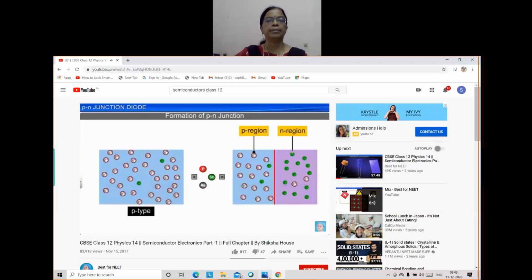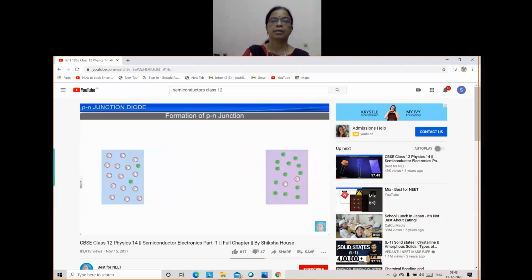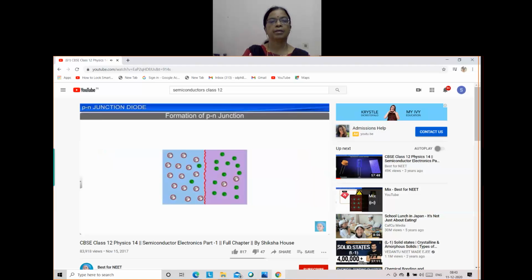Region. The boundary that separates the p region in the semiconductor from the n region is called the p-n junction. It is important to note that a p-n junction cannot be formed by joining two separate pieces of p-type and